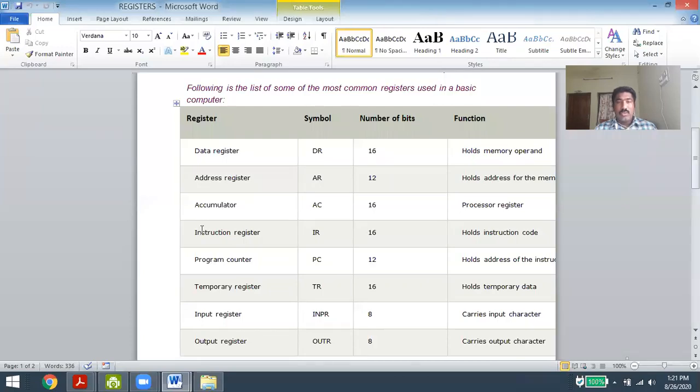Now let us come to the IR. It is called the instruction register. What is the instruction register? Instruction registers are used to store the instruction code. For example, I have pressed the button plus. What is plus? Plus is an instruction, that is, I want to do addition. The CPU does not know what plus is. It only knows addition, that is, ADD. So whenever we want to give any instruction to the processor or the computer, those instructions are loaded into the instruction register.